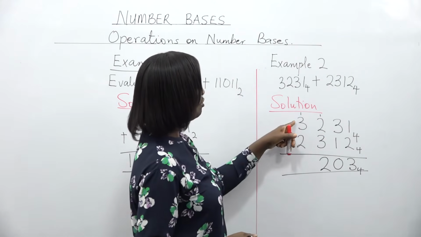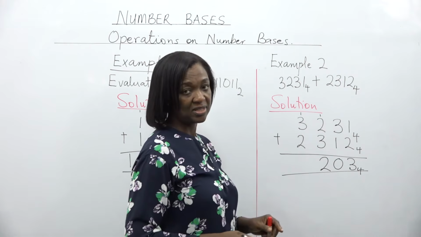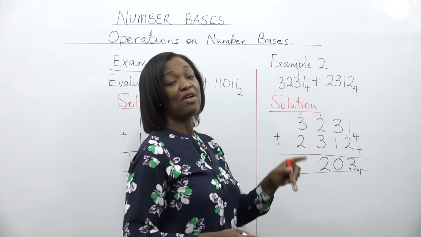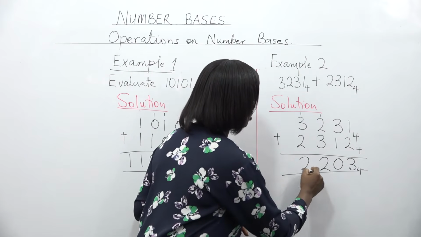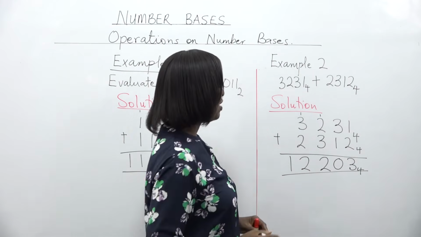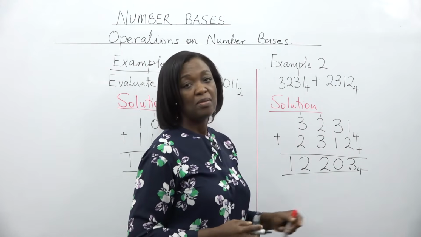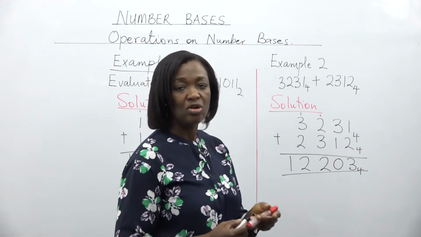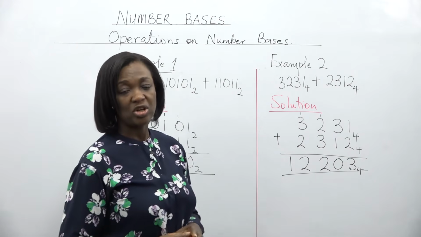Again here, 3 plus 1 is 4. 4 plus 2 is 6. 6 divided by 4 is 1, remainder 2. So our answer is 12203 base 4. So just take note of the number base you're adding in and make sure that once you